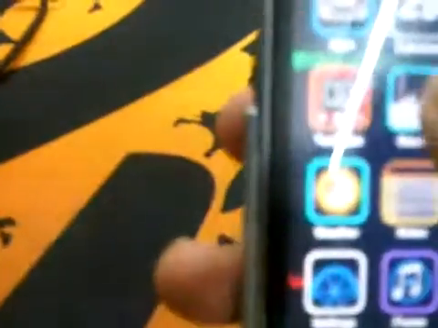So I am now opening Photos. And now I'll hold on the home button for a while, and now I'll open Stocks, and now again I'll hold on for a while.